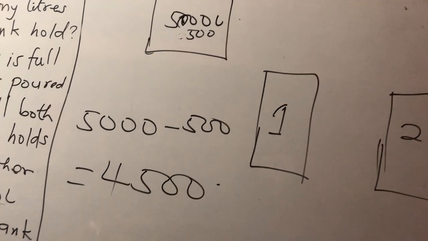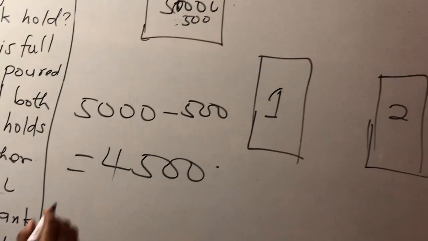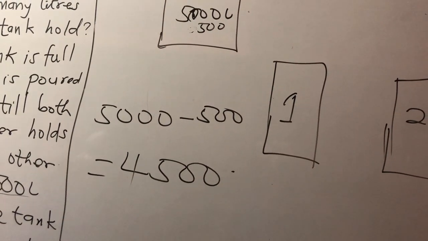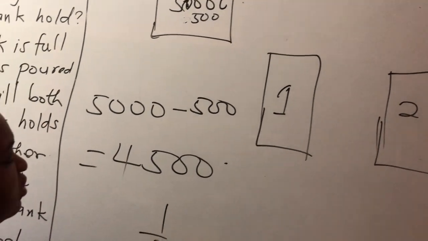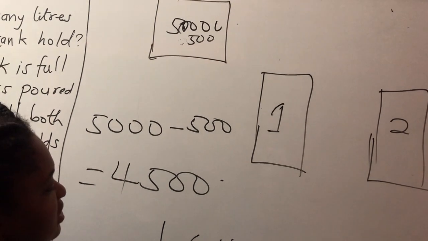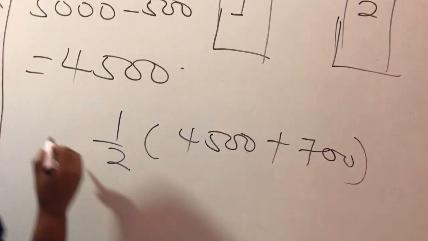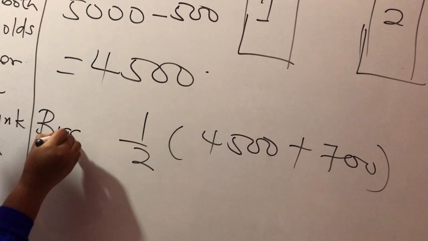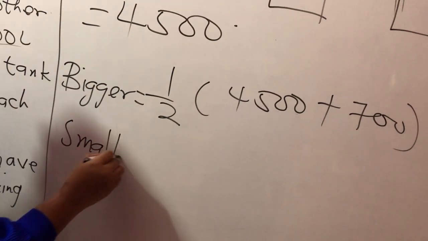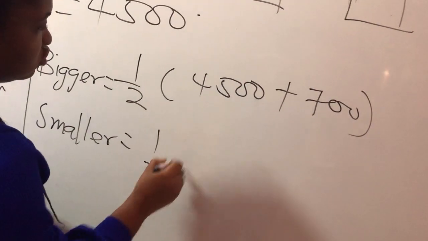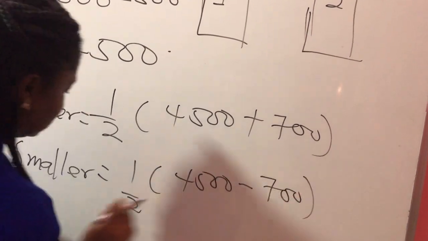4,500. Right? Now, with the understanding from the two questions we've solved, the first tank is what? 700 liters more than the second tank. So we have 1 over 2, then 4,500 plus 700. So this is the bigger tank. The more you add. Now the smaller one, you use what? You subtract. So you have 1 over 2, then 4,500 minus 700,